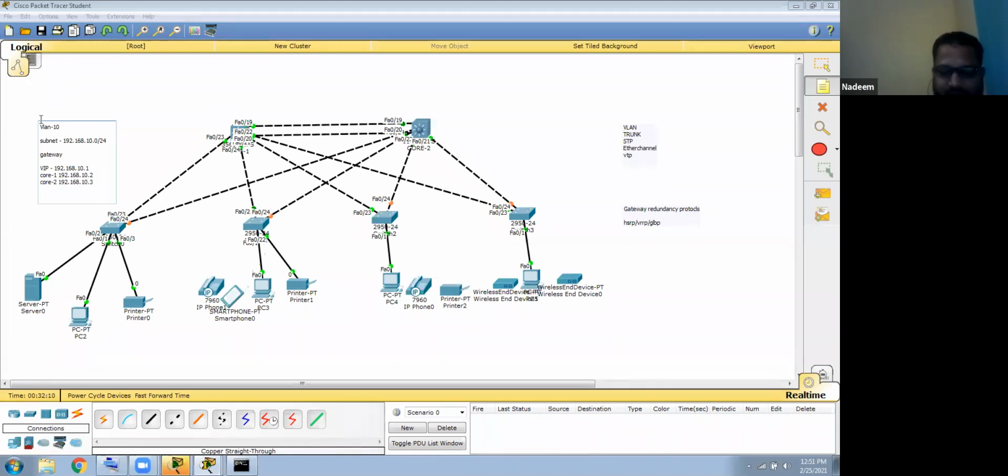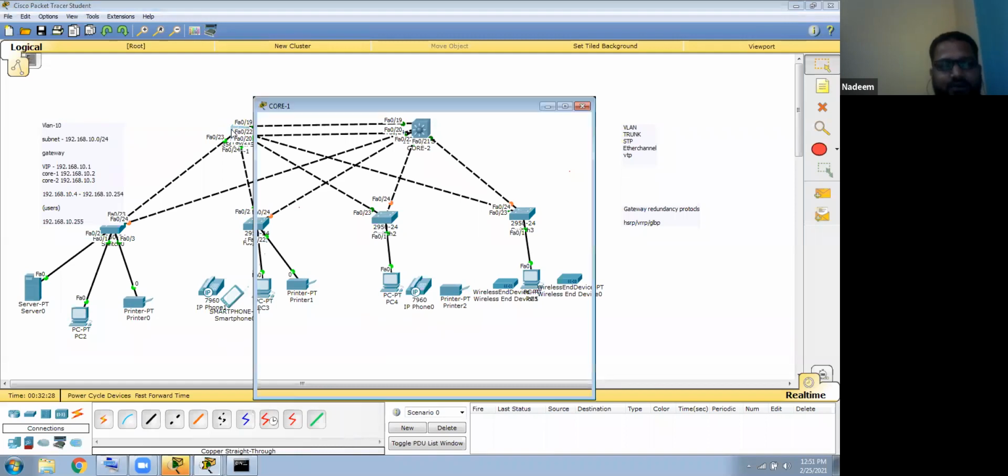The remaining IP addresses from 192.168.10.4 till 192.168.10.254 can be assigned to the users. 192.168.10.0 is the subnet, and 192.168.10.255 is the broadcast, which cannot be assigned anywhere. So this is the subnet, this is the broadcast, and these three IP addresses you need to use while creating the gateway of any VLAN. So let's go and configure the first VLAN 10 gateway.